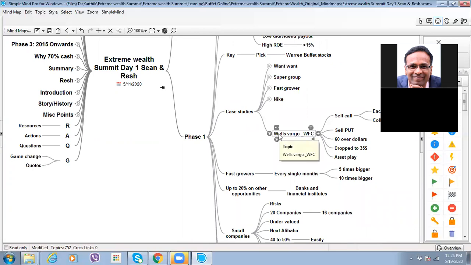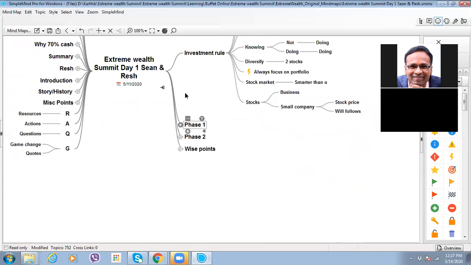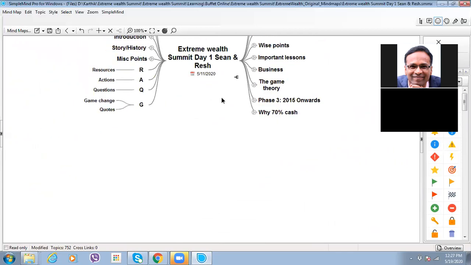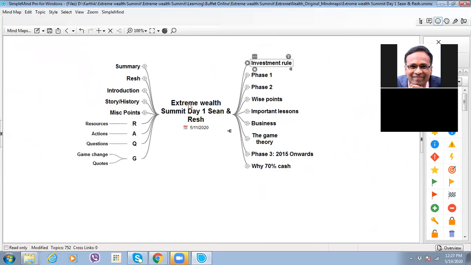I will have a copy of this. You don't need to worry, because I'm going to send you one of the copies, so you shouldn't be worrying about that. Try to bring it down to as minimal as possible.